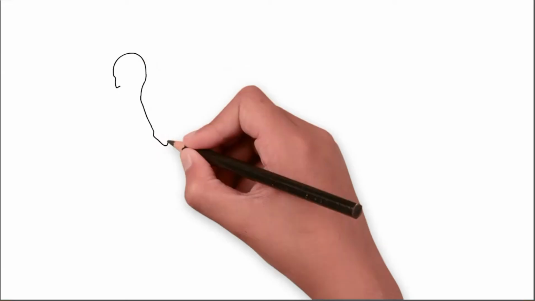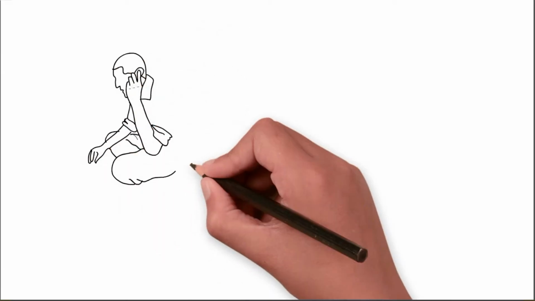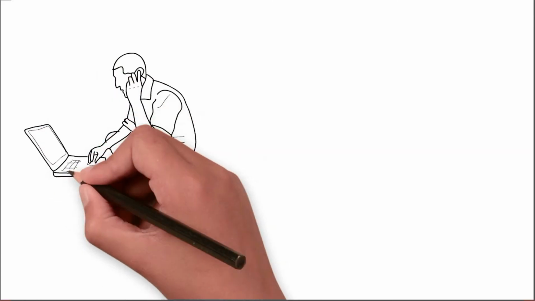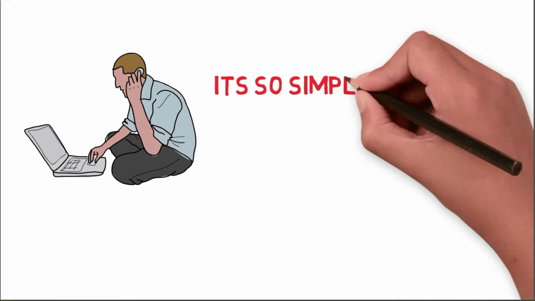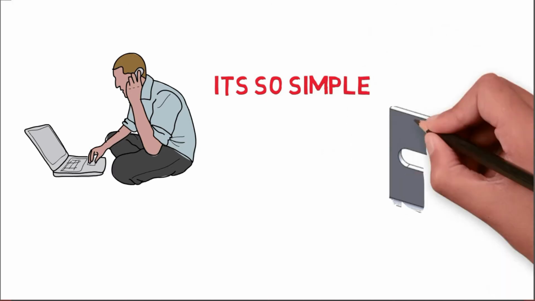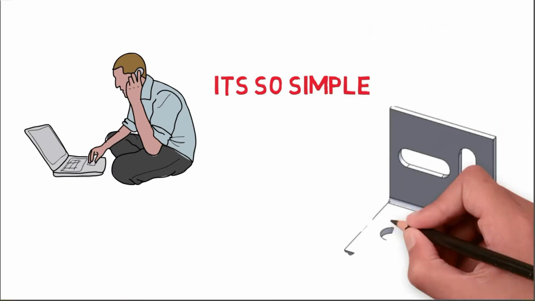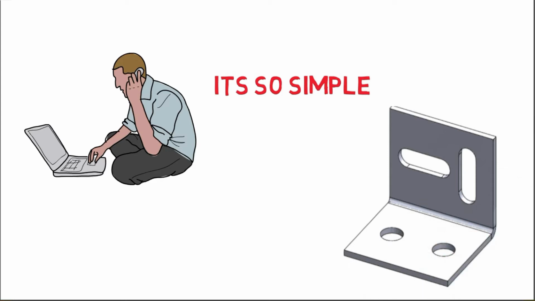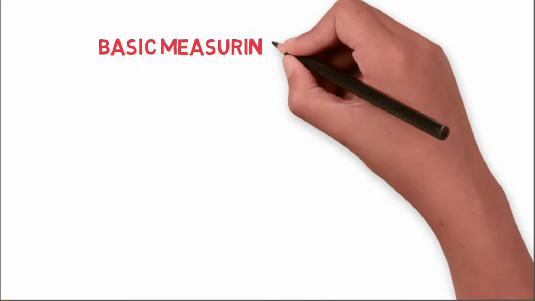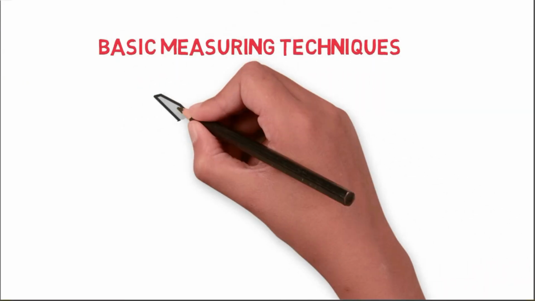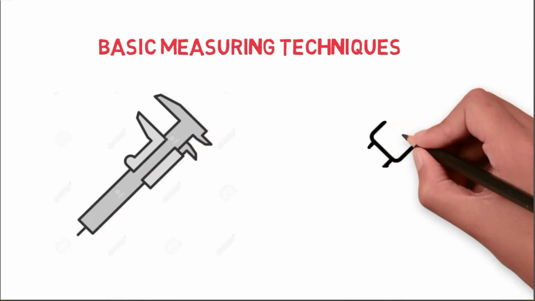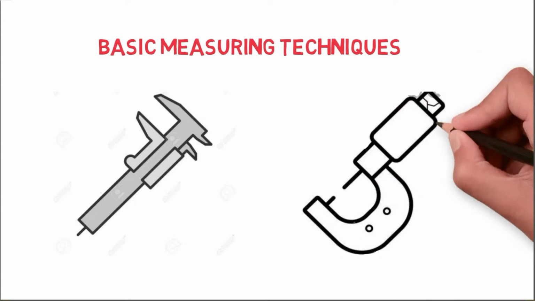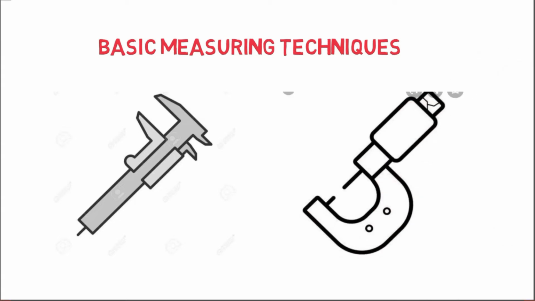For instance, just think you are a manufacturer and you have manufactured a component after you got the design and all the requirements for its development. The product is being shown, which has a simple design but it has a greater application in some of the industries. Now the question arises, how are you going to measure the dimensions for checking its quality? Now you might be knowing so many tools. I have shown you two major components which are being used. Yes, it is a vernier caliper and a screw gauge.